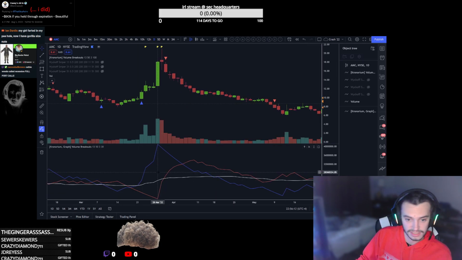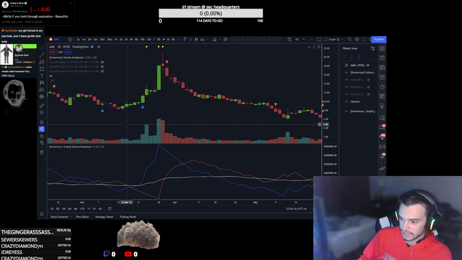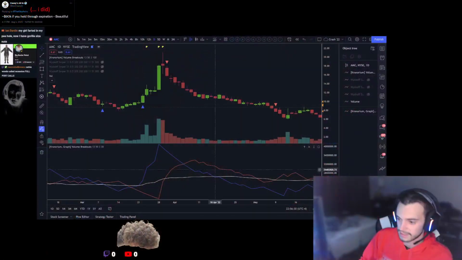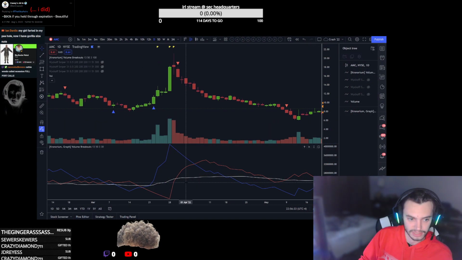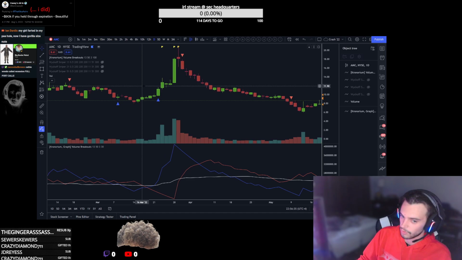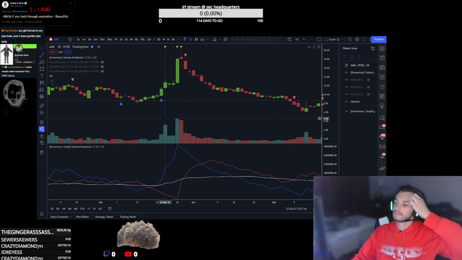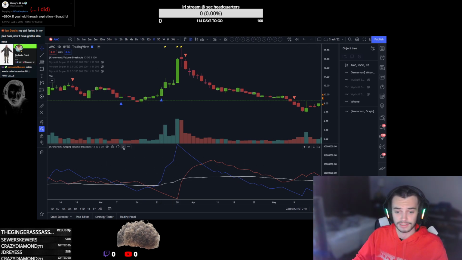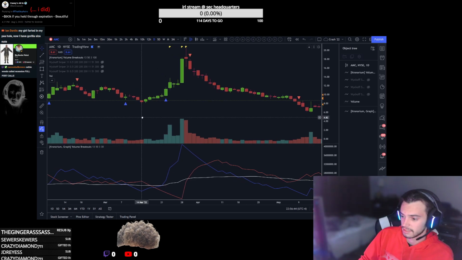I'm also going to pull up this down here. This is a visual representation, so to speak. Anytime that you have the blue crossing the white, which I won't disclose the values of, you can, if you're familiar with any form of coding within PineScript or charting, you might be able to kind of tie it together. Blue is obviously bullish, the red is bearish. The white, though, I won't disclose that formula. But anytime you see the blue go up, that means a lot of buying coming in. And anytime you see the red going up, that means a lot of selling coming in.